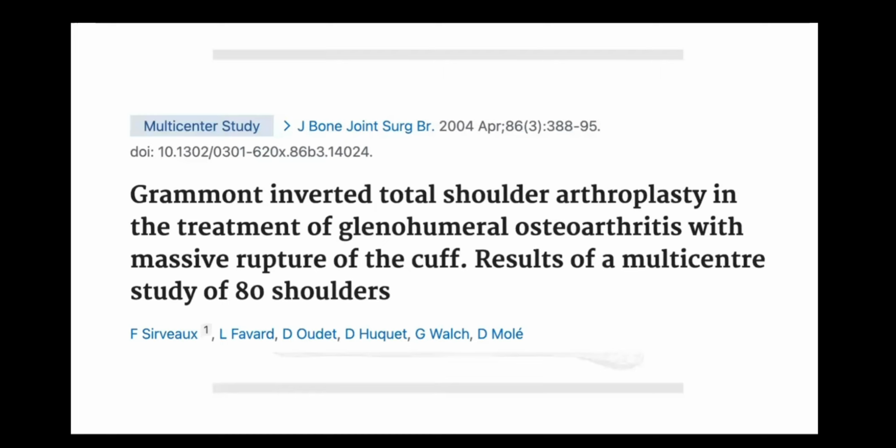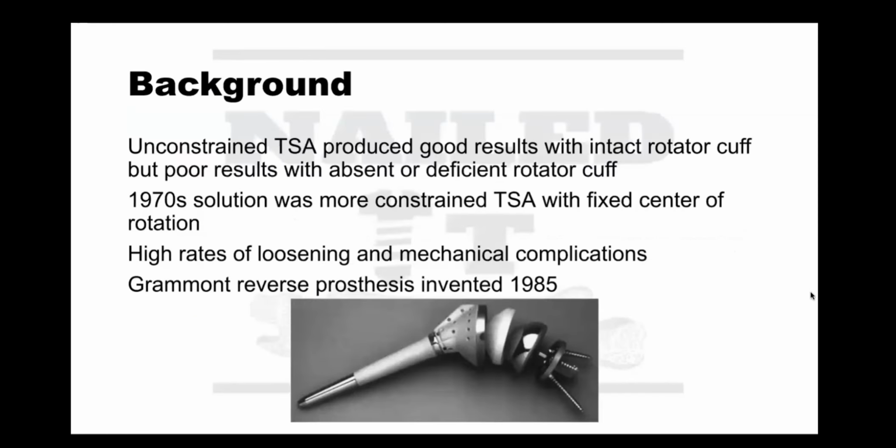This is a multi-center study. So this is out of JBJS from 2004, again, going through the natural history. This is a bit of an older article, but one of the most cited articles for reverse total shoulder arthroplasty. A little bit of background: the unconstrained total shoulder produced good results when there's an intact rotator cuff,